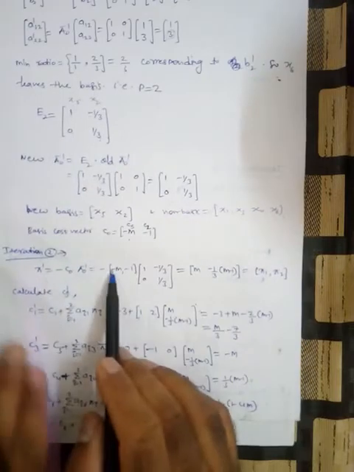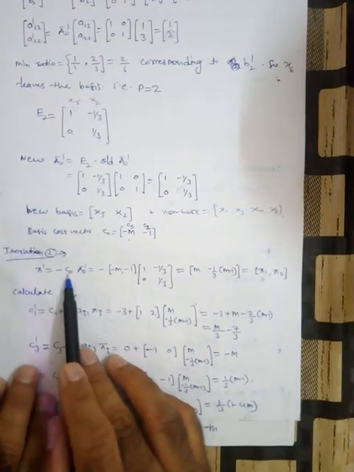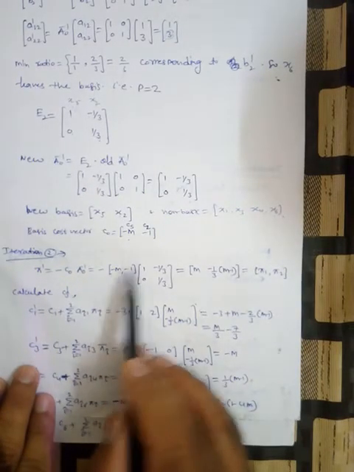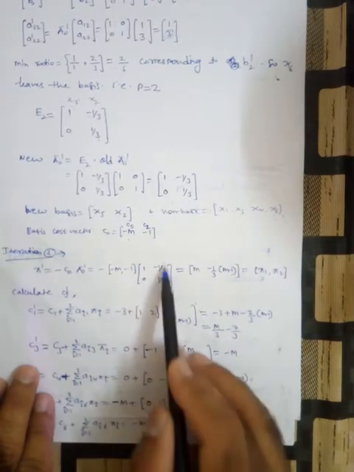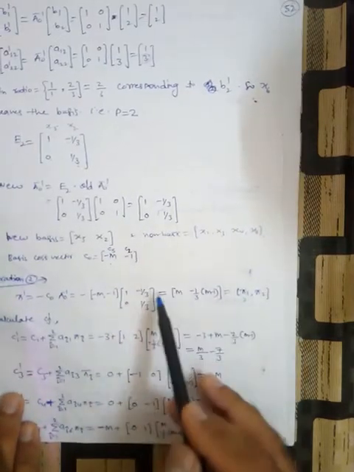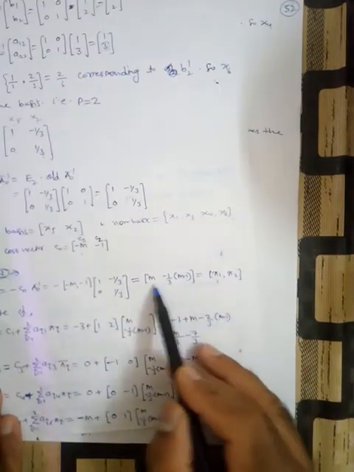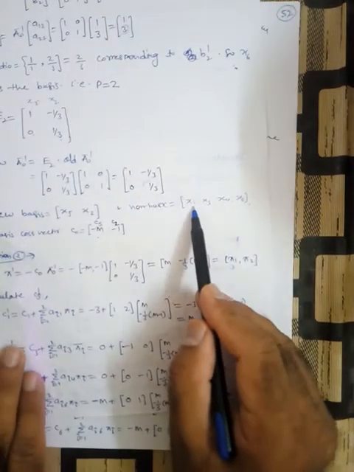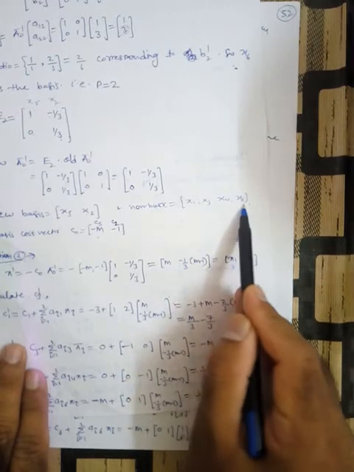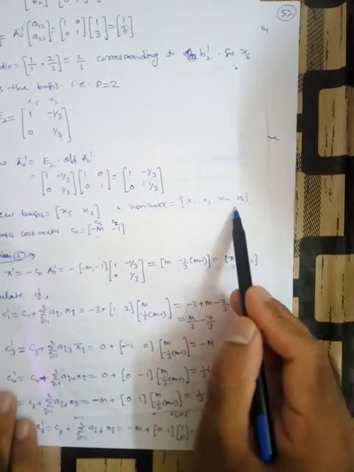Fine. Now iteration number 2. Again find out the pi multipliers. So minus c0 multiplied by a naught inverse, minus this c0 multiply by this a naught inverse. So after multiplication we get this quantity. These are the pi multipliers. Now find out c1 dash, c3 dash, c4 dash, c5 dash for non-basic variables.